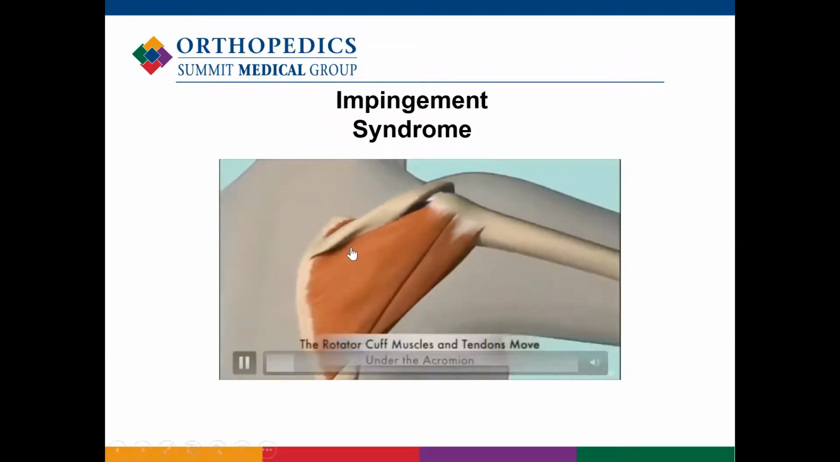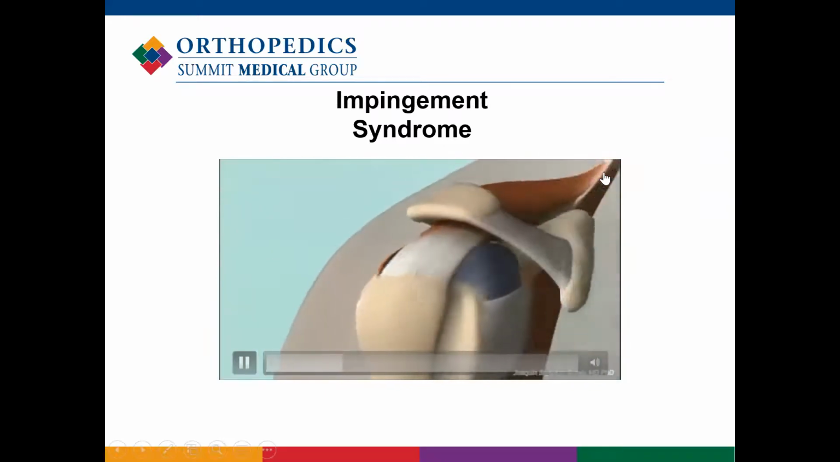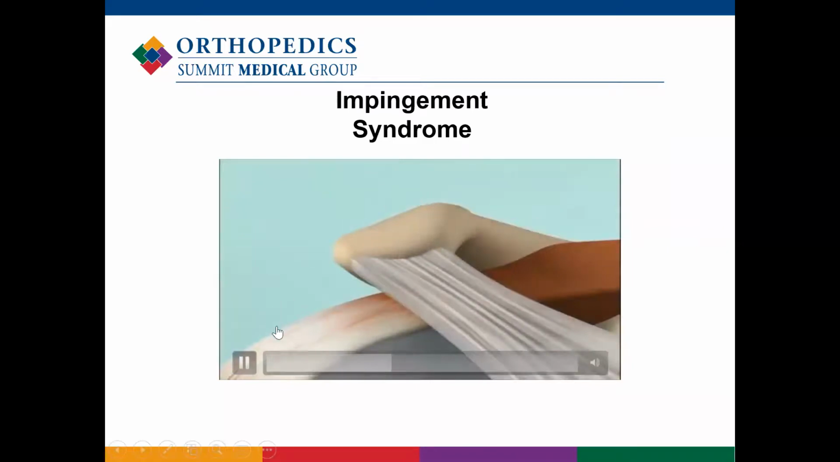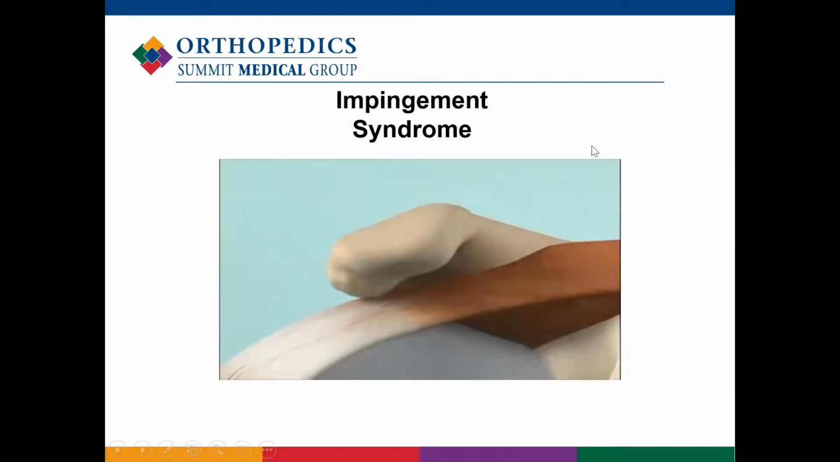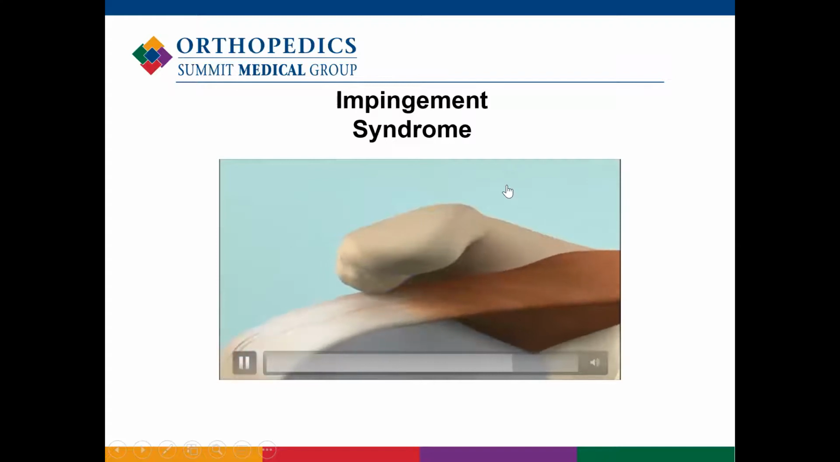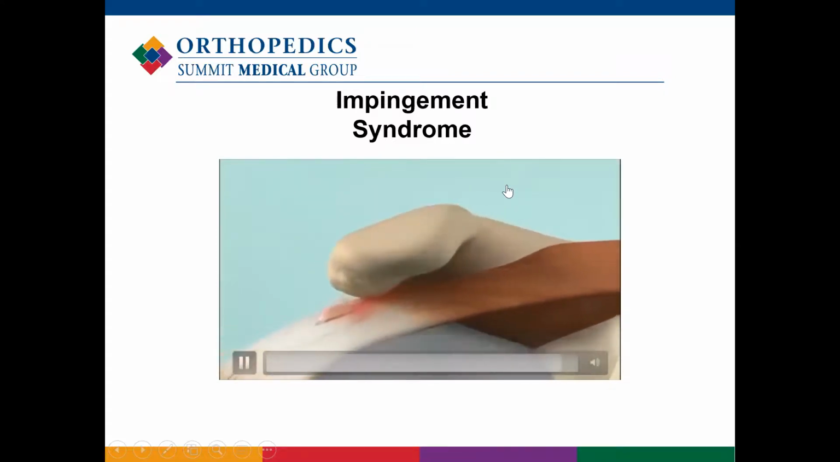This is an animation showing what happens with impingement syndrome. So as the arm is being raised overhead, the rotator cuff shown here and the bursa, which is not shown but sits right here, can get pinched underneath the acromion. And as we age, we tend to develop these bone spurs on the acromion, and those bone spurs can push down onto the rotator cuff and the bursa, cause inflammation, and over time can cause tearing and damage to the